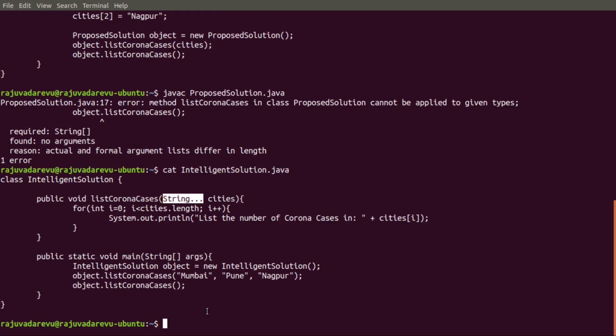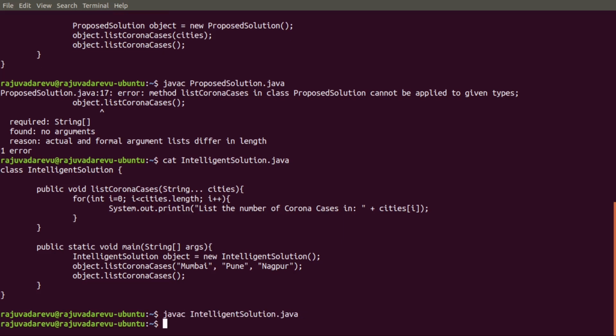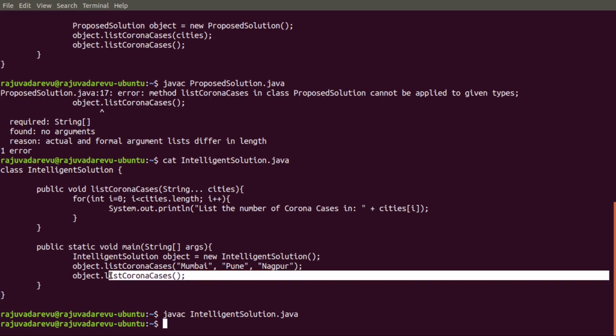So guys, let's keep our fingers crossed and let's compile this code. javac IntelligentSolution.java, hit enter, and boom, there was no compile time error. So what happened? Since we have used a vararg method, we can call that method by passing zero arguments as well.